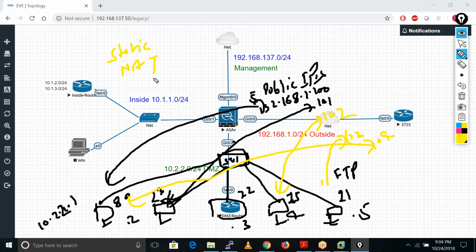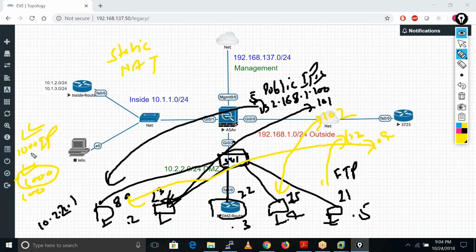Now you see here, let's suppose I have 100 servers. There is a chance we can have 100 servers or 1000 servers; it depends on how big your organization is. So what happens now with static NAT? If you are going to host these 1000 servers in a public environment, you need 1000 public IPs, right? If you're going to purchase 1000 public IPs, these are very costly, right?